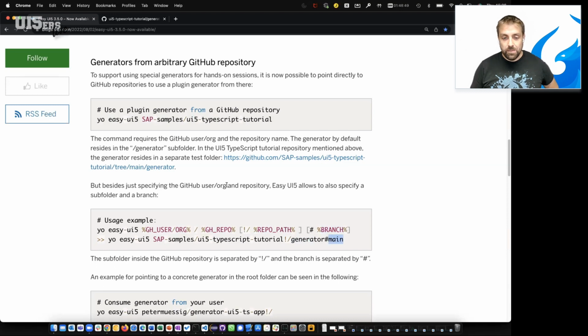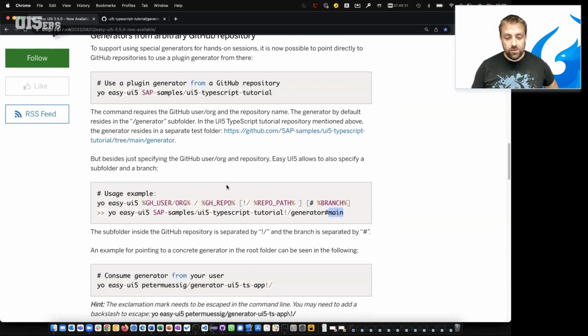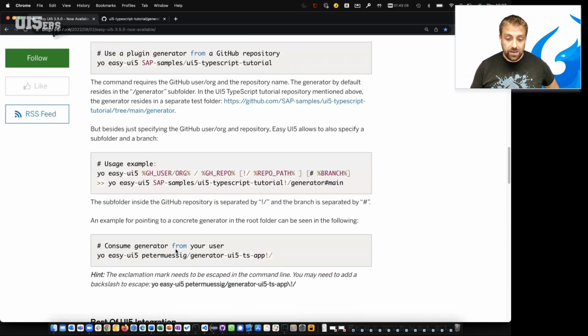This is a pretty mighty syntax that lets you put a generator for some special testing cases, tutorials, whatever, or maybe even try something out for yourself, make your own sub-generator and contribute it to the UI5 community,